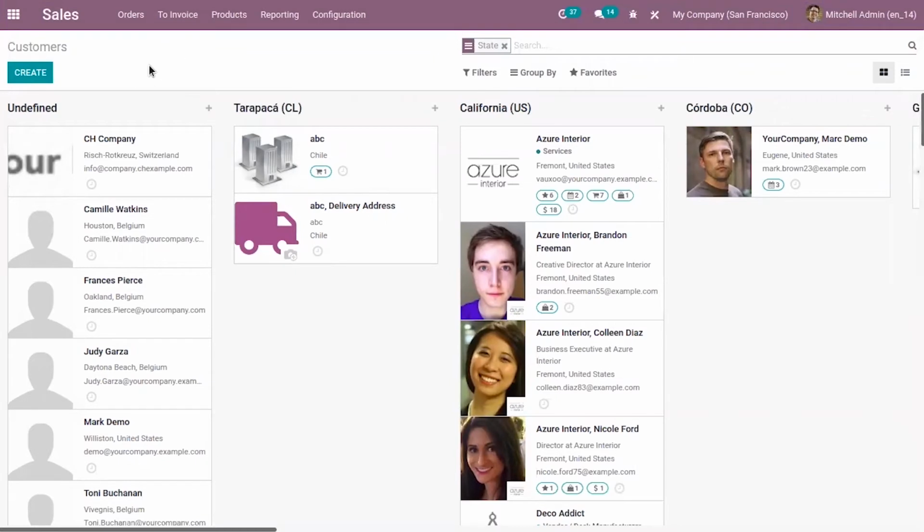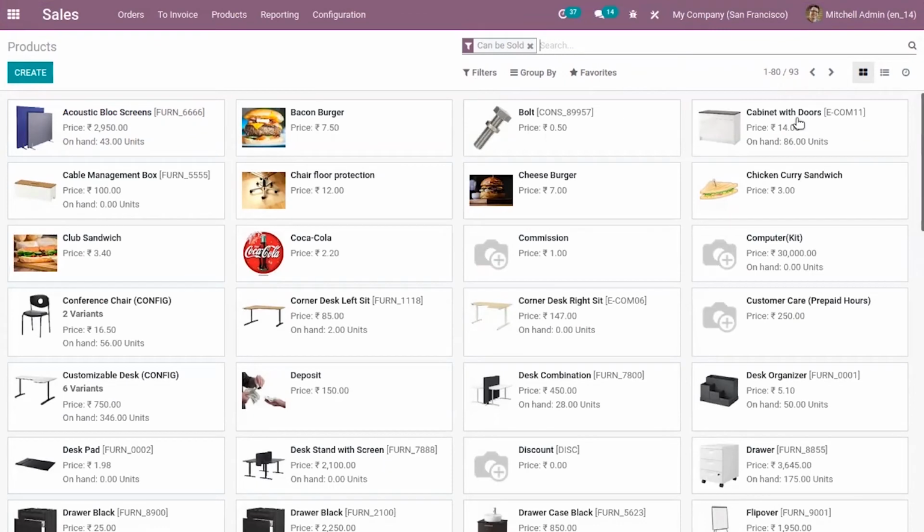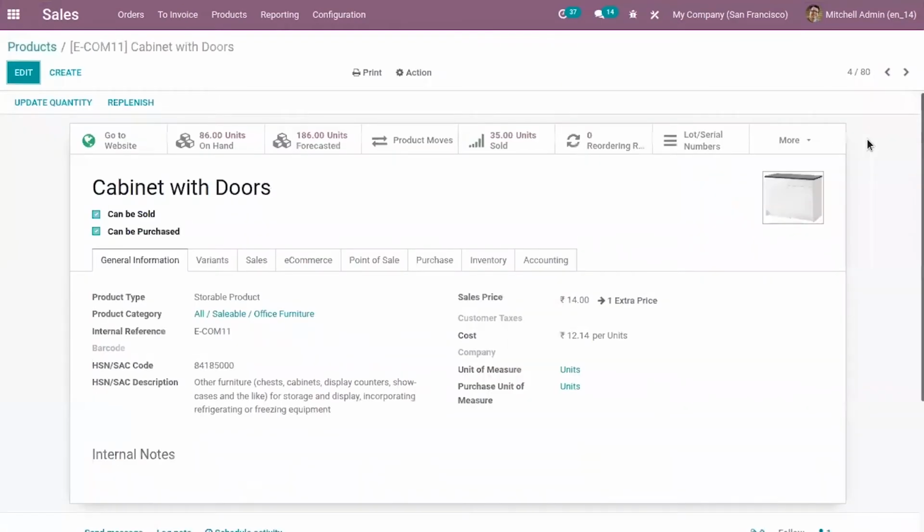Okay, now let's see how to add a new status bar and customize it using Studio. For that, let's open products. Okay, so let's open a product, the Cabin with Doors. Okay, so let's take an example, that is adding a status bar on the product form to manage its life cycle. So for that,